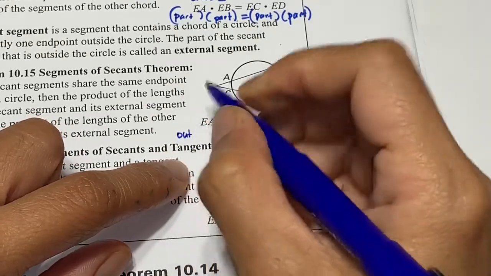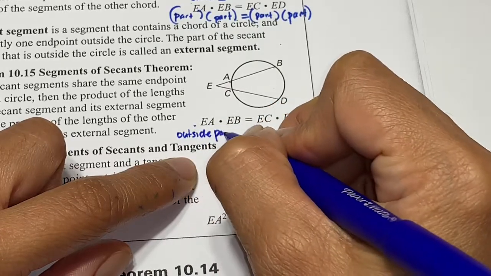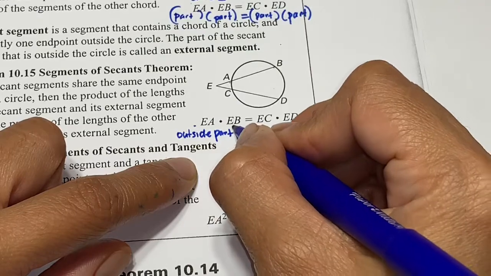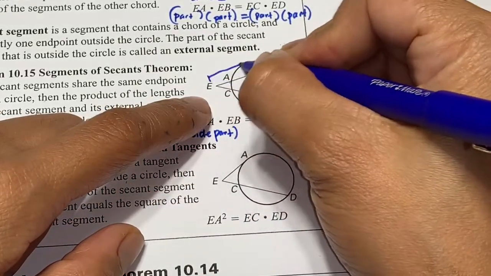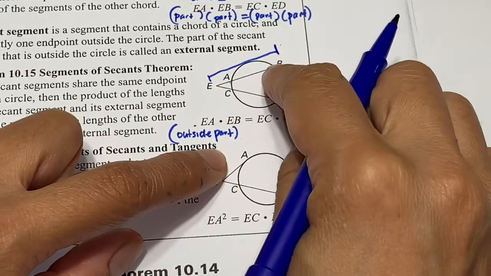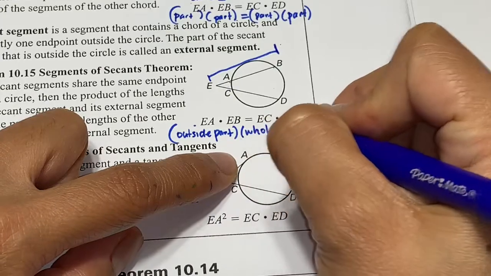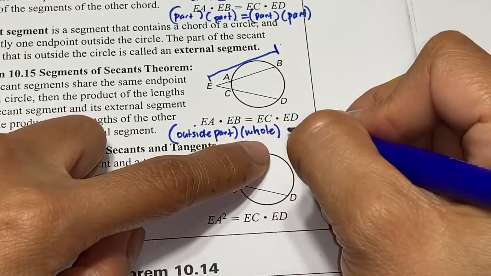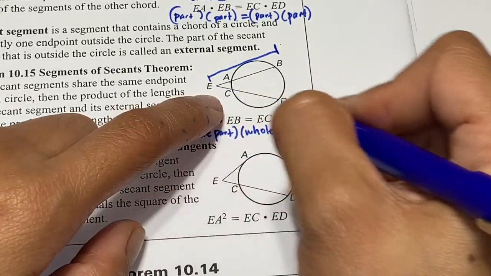Outside part, that's EA. Times it by the whole thing. I need the whole piece. That's EB. Times the whole segment, equals,